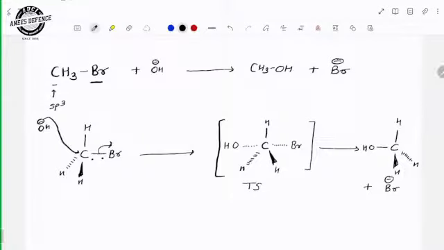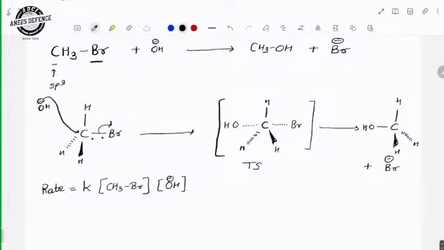So we can say the rate equals K times the molar concentration of CH3Br and the molar concentration of OH minus. So the rate depends upon the molar concentration of two reactants. That's why it is a bimolecular reaction, and this belongs to second order